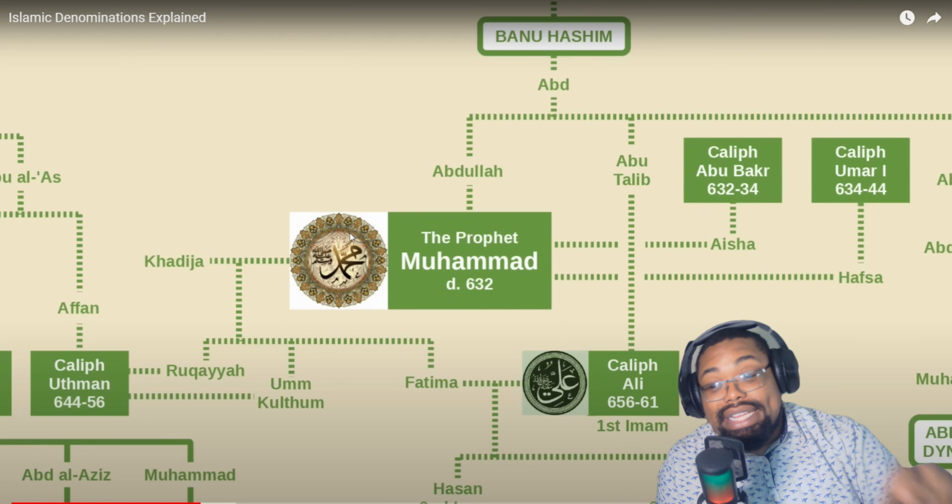So let's continue. And Abu Bakr as the first Khalifa or Caliph. Caliph simply means successor or deputy. The Caliph was to be the new political leader of the believers, and